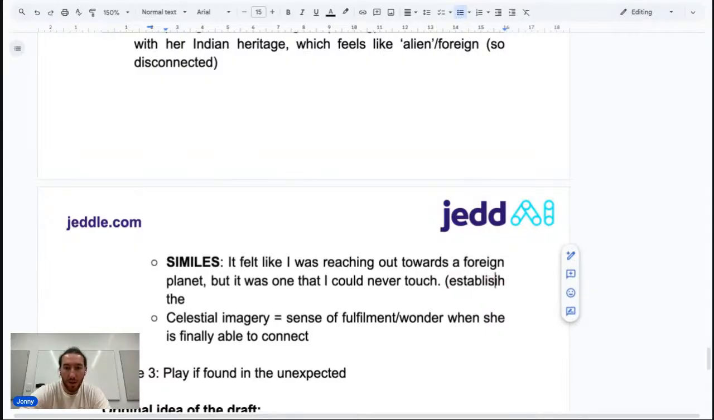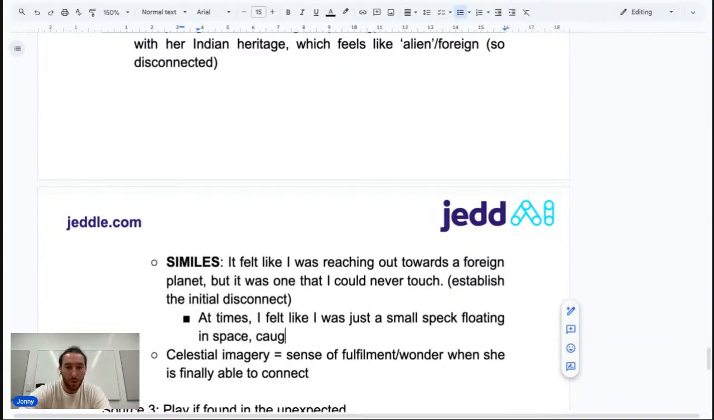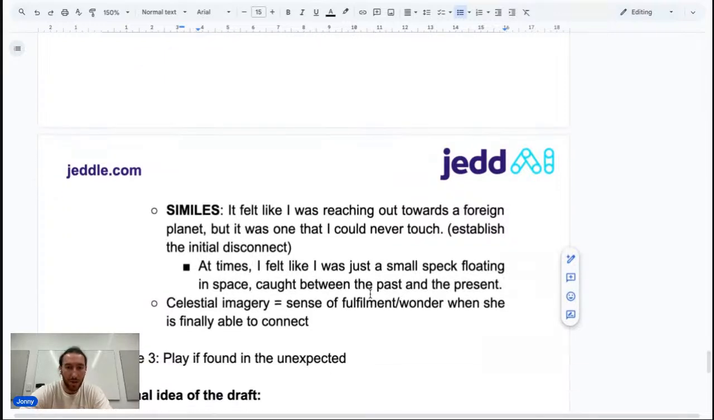You never want to just use one simile and then move back to what you were going to say. Establish the initial disconnect. You then want to layer on top of that, right? I was reaching out towards a foreign planet. At times I felt lost. I felt like I was floating in space, right? At times I felt like I was just a small speck floating in space, caught between the past and the present, right? Because she's maybe second gen, Australian. So you need to layer on top the imagery and the links to the stimulus so that it's